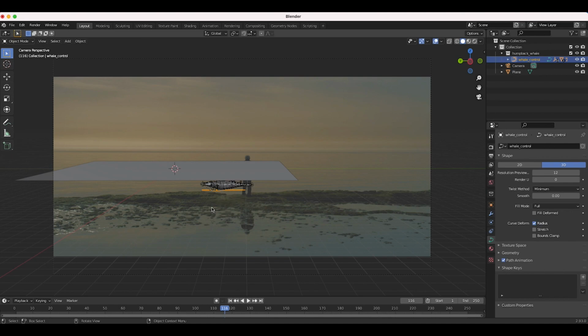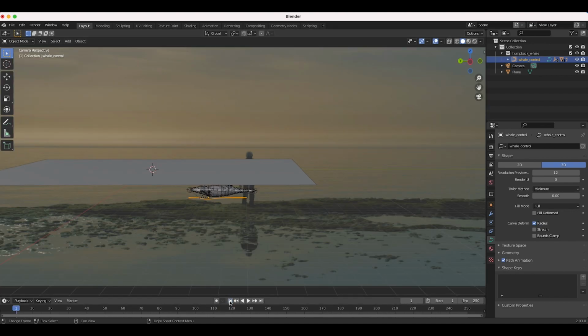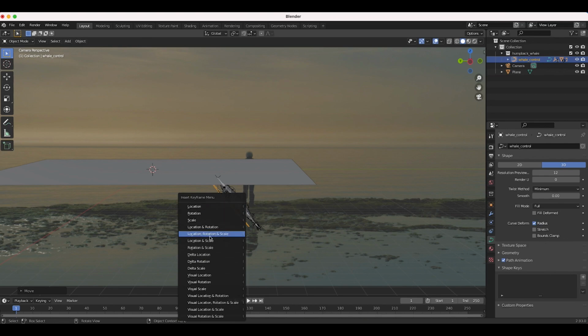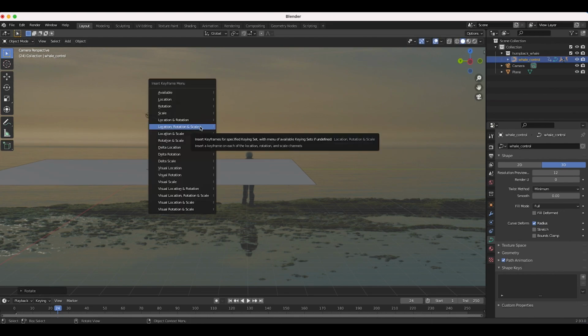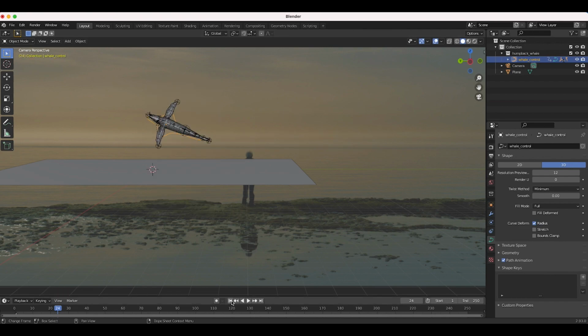And now let's start to animate the main part of our whale here. So I'll go to frame 1. I'll just kind of rotate this and place it below our surface. And while this animation bone is selected, I'll press I and add a new location, rotation, and scale keyframe. Now that we've added our first keyframe, I'll go around frame maybe 24 and just go straight up, rotate it a little bit, press I, add a new location, rotation, and scale keyframe, and let's see what we have so